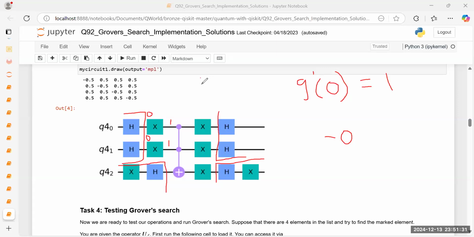And the 1 here will get the negative sign. And then we apply a couple of X gates. So these X gates will return this back to 0, 0. So it's 0, 0 that receives the negative sign. We apply the X gates here, we apply the Toffoli gate, and then we apply these two X gates. But now we have another X gate here, and that is because